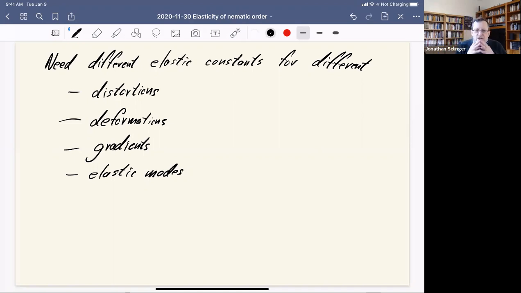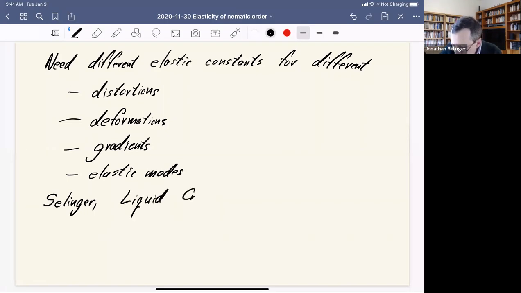Now, this is a situation where I have a way of setting up the calculation that's a little bit different from the standard way. I really like my way. I'm going to show you my way, and then I'm going to show you how this is equivalent to the standard way. My way, by the way, is not in the textbook, because I came up with it more recently than the textbook. But instead, there is an article that I published in